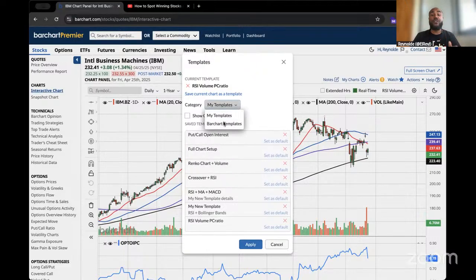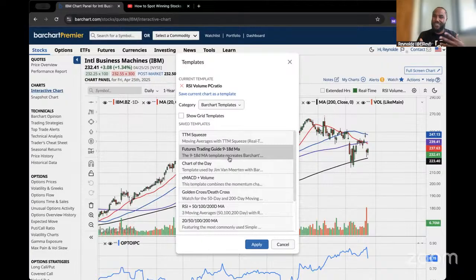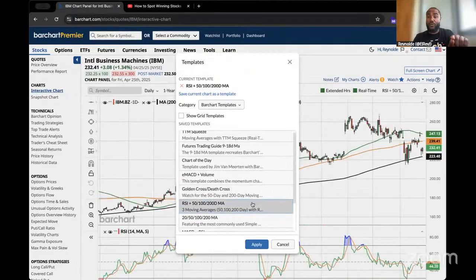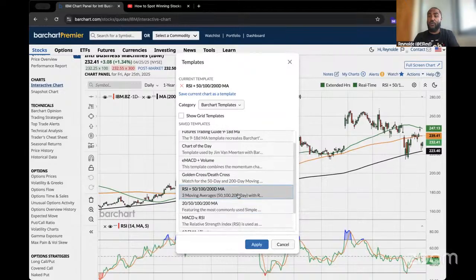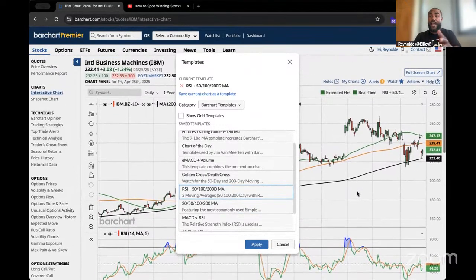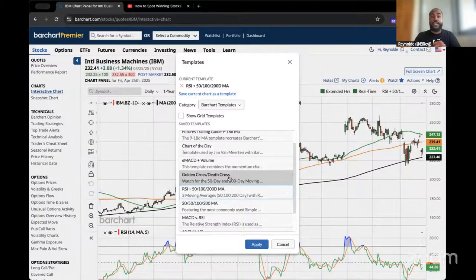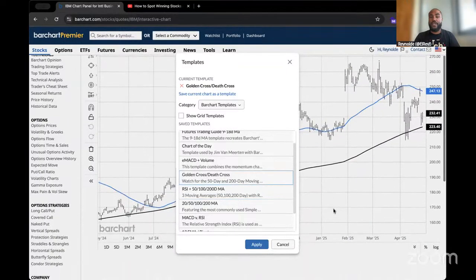But if you have no clue what you're doing and you kind of want the training wheels when it comes to charting, there's also these in here where they're already preset with tools, right? So you can come in here and say, I want RSI with moving averages, right? Or you can say, hey, I want to see the golden cross and death cross, because you'll hear that a lot